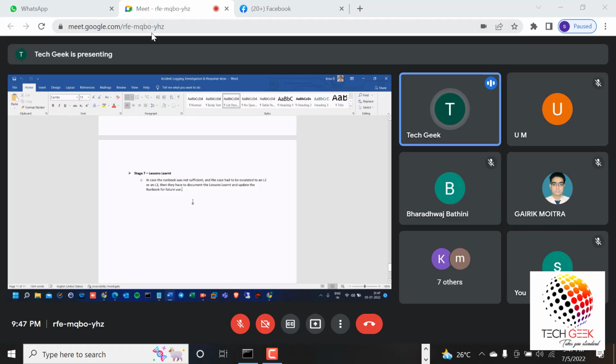When it comes to critical alerts, we need to solve those within half an hour. For high, we get 40 minutes, 45 minutes, or 1 hour, depending on the SLAs between the client and the service provider. It varies.